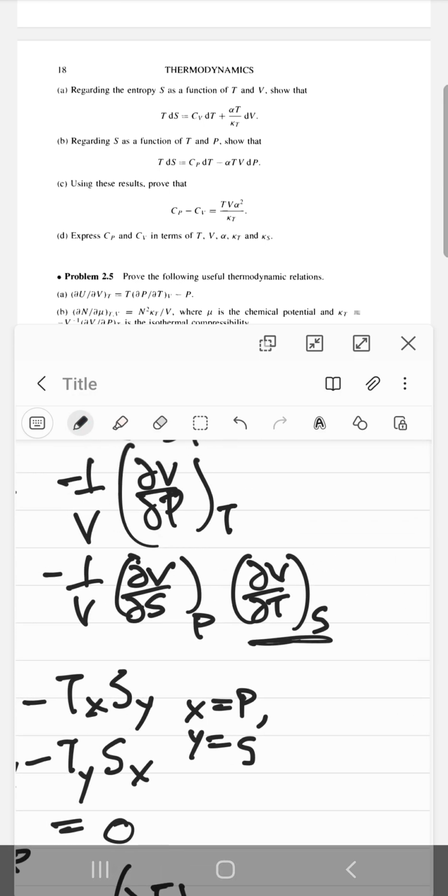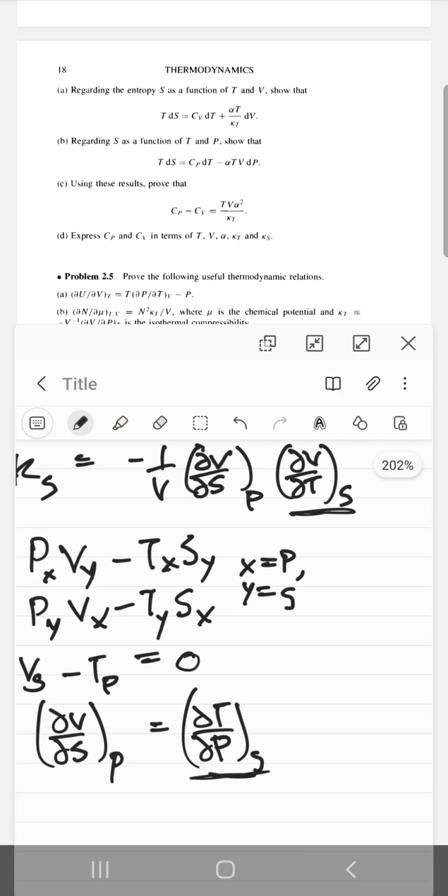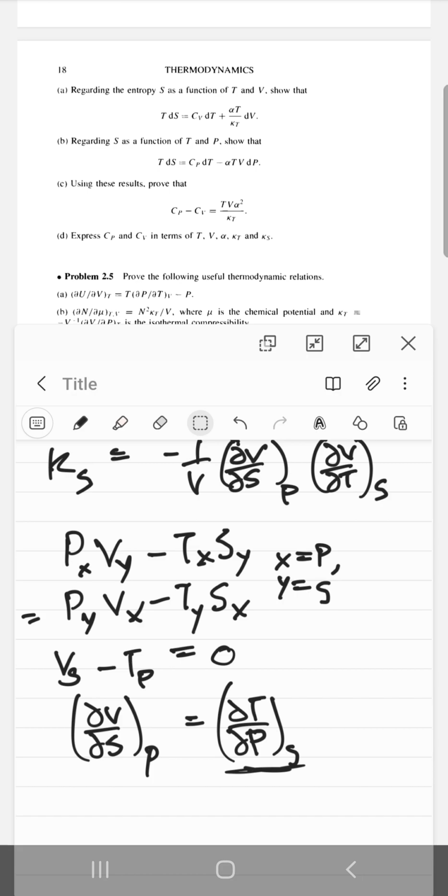All right, and now we want to be eliminating this somehow. Okay, so we want V sub t. So once again, like x equal to p, now we'll have to say y is s or something. Okay, that's sort of unnatural, isn't it? Yeah. So essentially we'll have to do partial t upon partial v, right? So instead of p and s we'll just use v and s. So then this just gives us